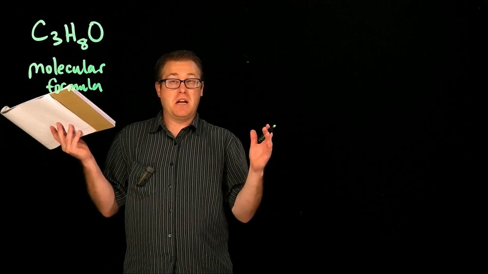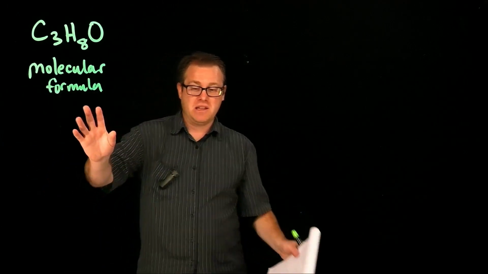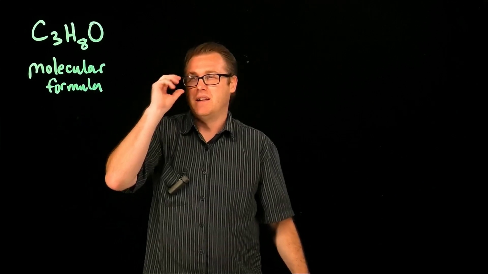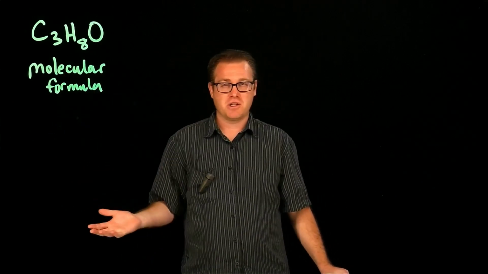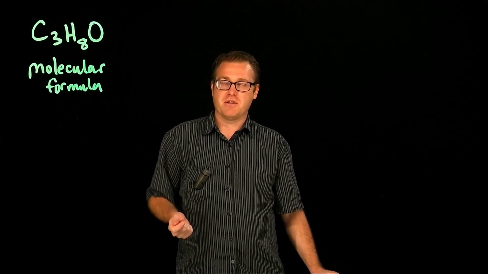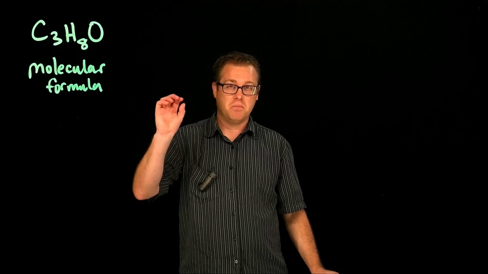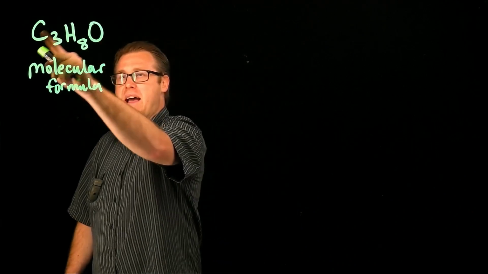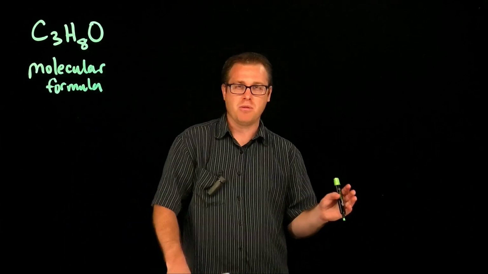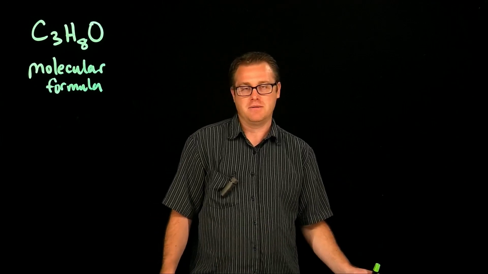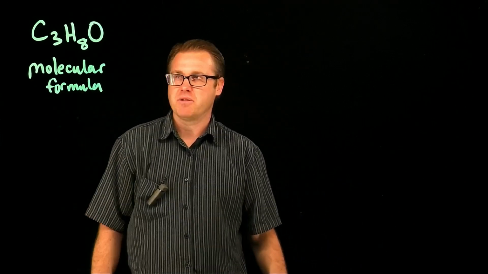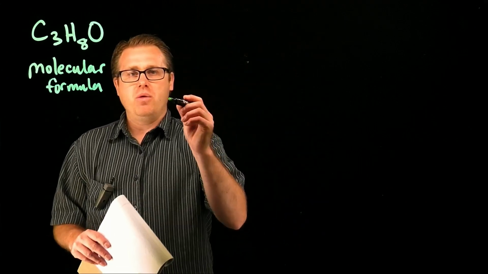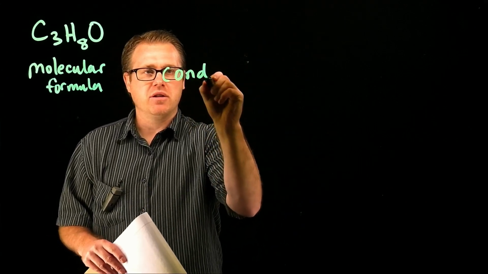Now the only information that tells us is how many carbons, hydrogens, and oxygens. It doesn't tell us the shape or the structure or the three-dimensional features of this molecule. It just says, boom, there are the atoms in that molecule. Now, could you look at that molecular formula and say isopropyl alcohol? No, you couldn't. You could only say that there's 3 carbons, 8 hydrogens, and 1 oxygen. But if you go to what's called a condensed structure,